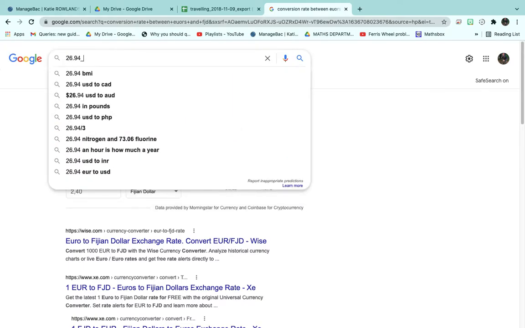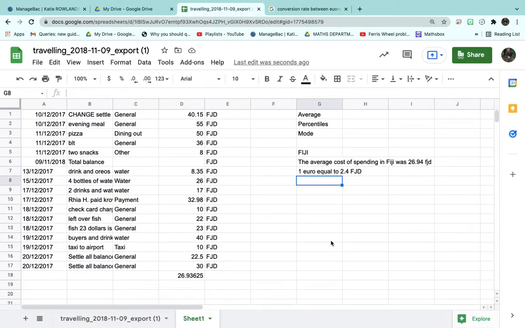So normally you would do this on the computer or your calculator, but actually we can do this on the spreadsheet. So we type in equals, and then we're going to write 26.94, and then we're going to put divide, which is going to be a slash, and then we're going to divide by 2.4, and then you can see that the average cost was 11.225,